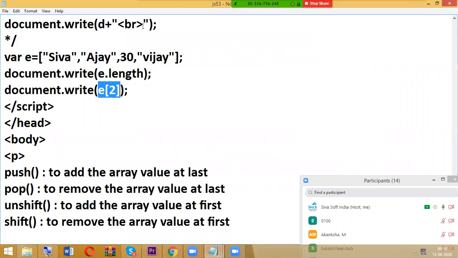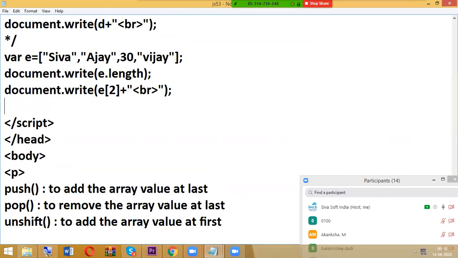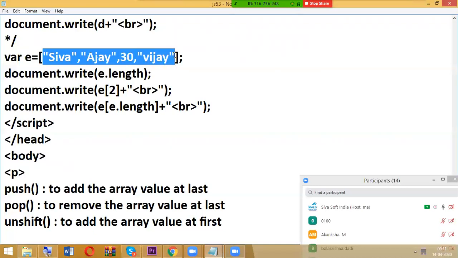I am going to have a break. Instead of writing the number 2 directly, you can do it like this also: E.length. What is E.length? 4: Shiva, Ajay, 30, Vijay.